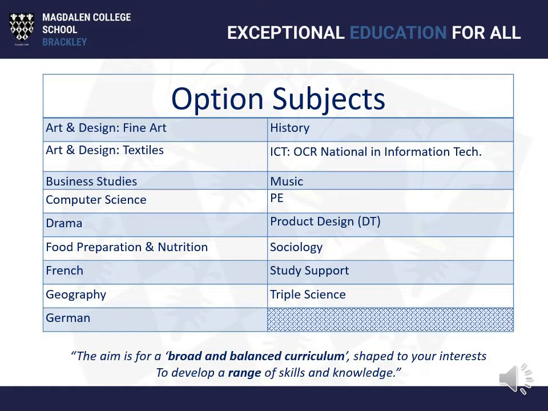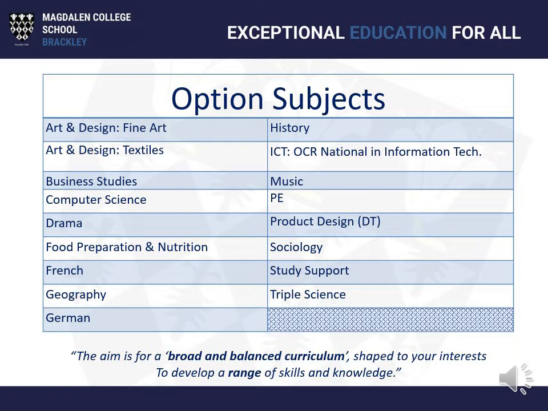The key thing on this slide is to emphasize that we want all students to study a broad and balanced curriculum. The future is uncertain. This is not training for any particular job, it's training for all jobs or for life in general. We want our students and your children to be engaged participants in society, to understand the issues facing the world at the moment, to read the press or see things in the media, to know what's fake news and what's honest news, to understand the problems that are out there. A broad and balanced curriculum gives them the best skills and best knowledge to do that.